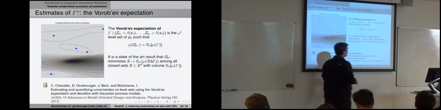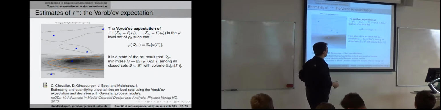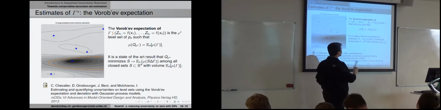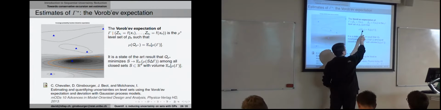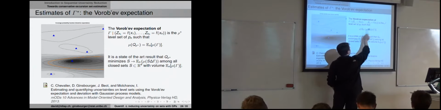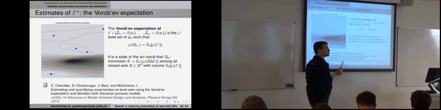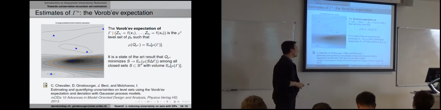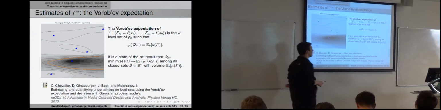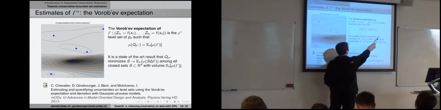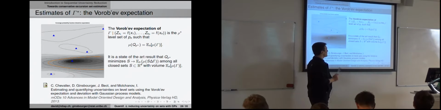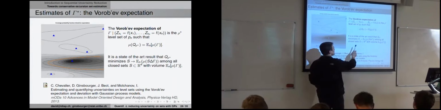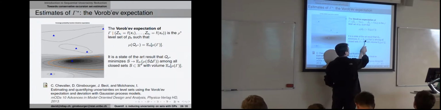So now you have a monotonic function, and most of the time you can find a rho star such that the measure of Q rho star is equal to the expected measure. And you remember that the expected measure, we know how to calculate it because it's the integral of the coverage probability function. So it's a state-of-the-art result that Q rho star is actually the set that minimizes the expected measure